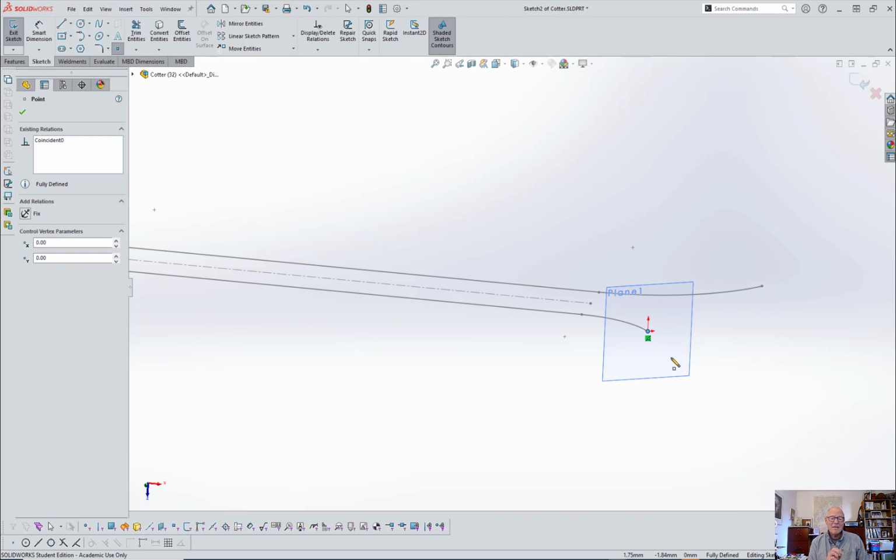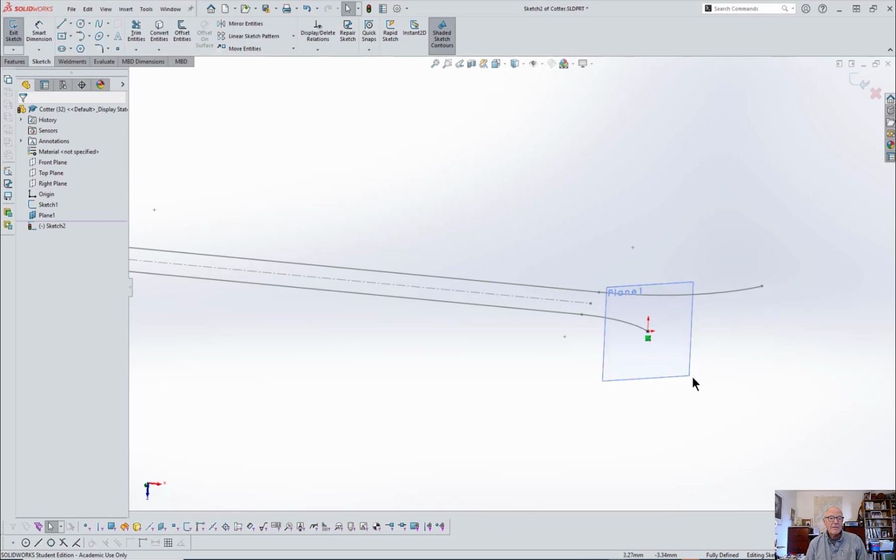Now sometimes you can snap even the midpoint. You can make a relationship between the midpoint of the arc and that end of that arc, but sometimes you can't, and people have had a lot of trouble with that. Just kind of make this a little bigger. I'm not trying to move this plane, I'm just trying to stretch it out a little bit so the edges